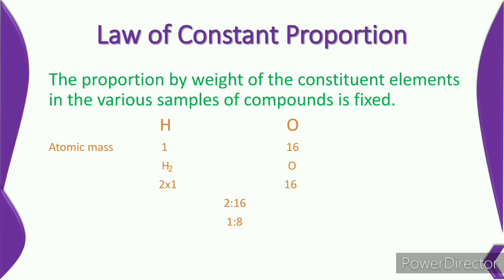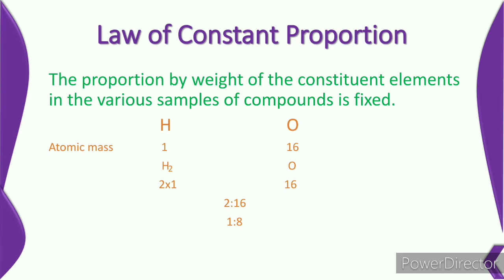So if we calculate the mass of hydrogen, it will be 2 into 1, that is equal to 2, and oxygen is 16. So 2 is to 16, and by simplifying we will get 1:8. So 1:8 is the proportion of hydrogen and